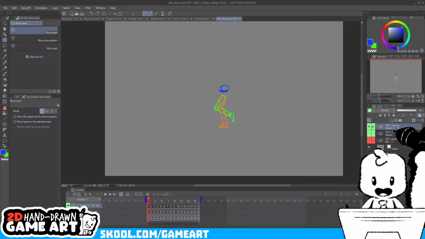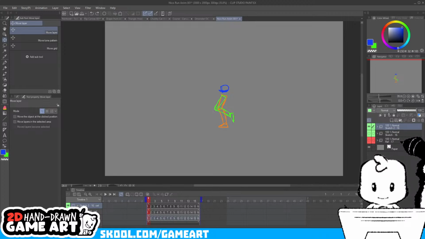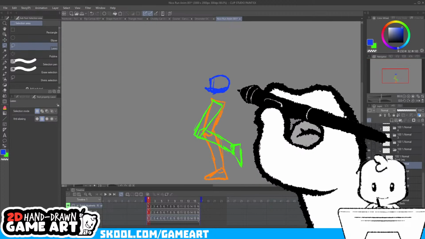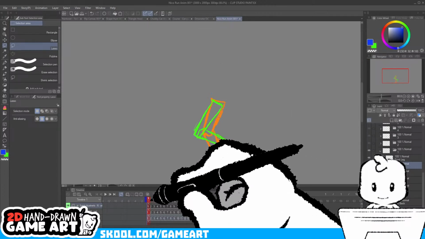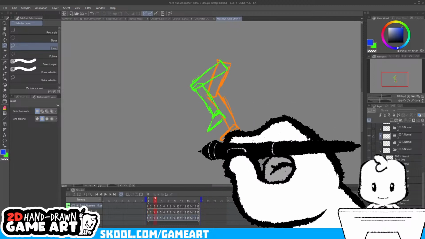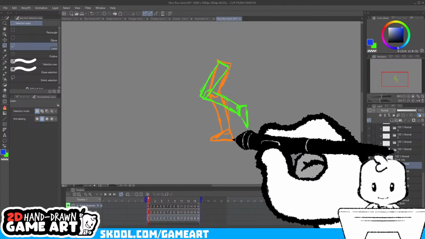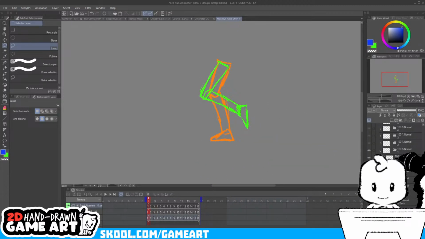So we're going to make some adjustments to this layer, of all these small changes we want to make. We're going to go through and see what we can do here.